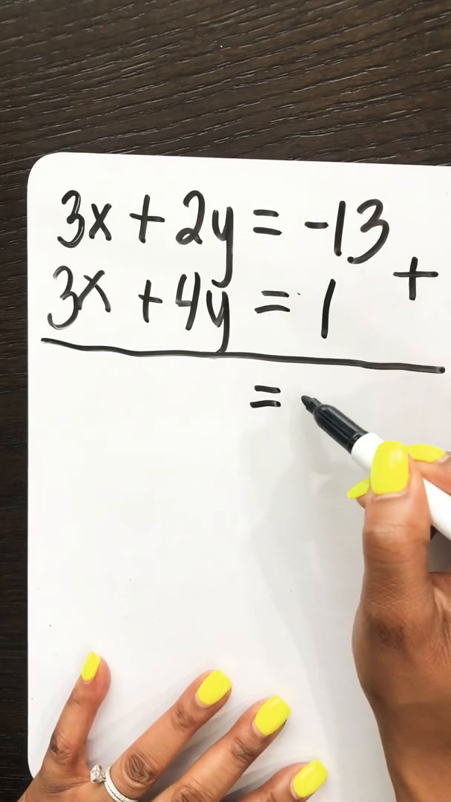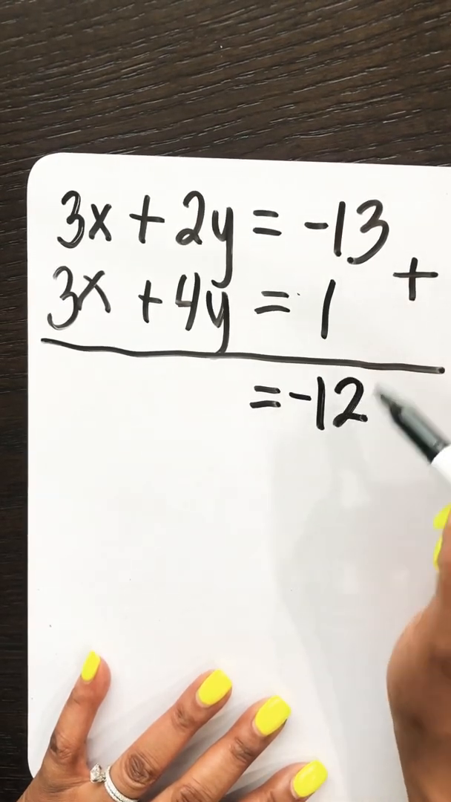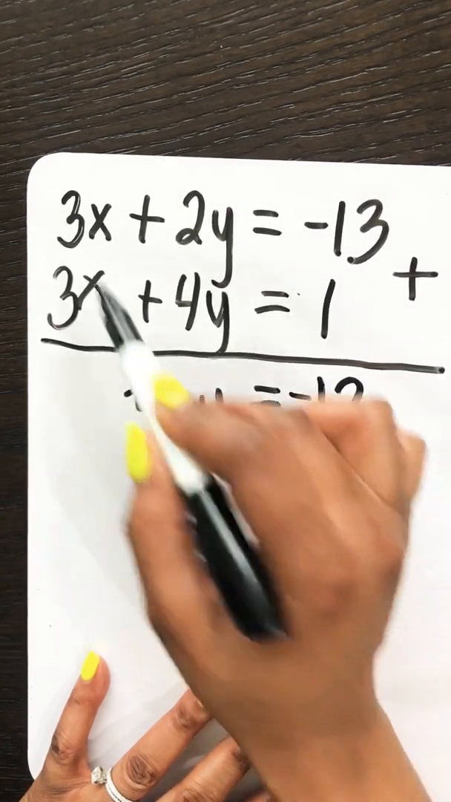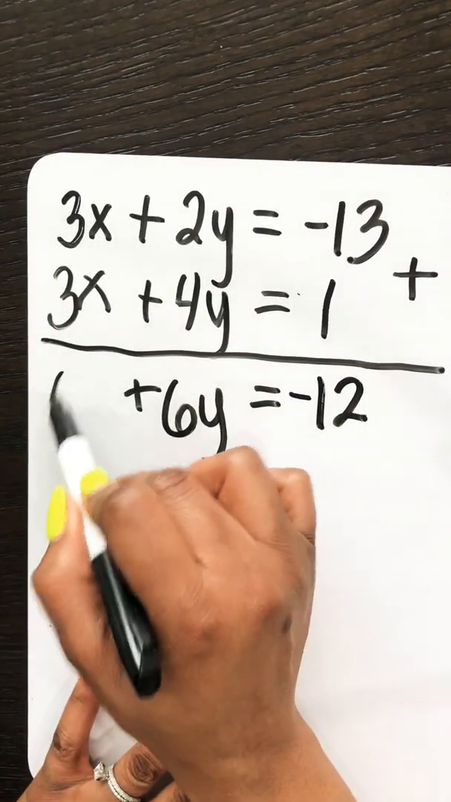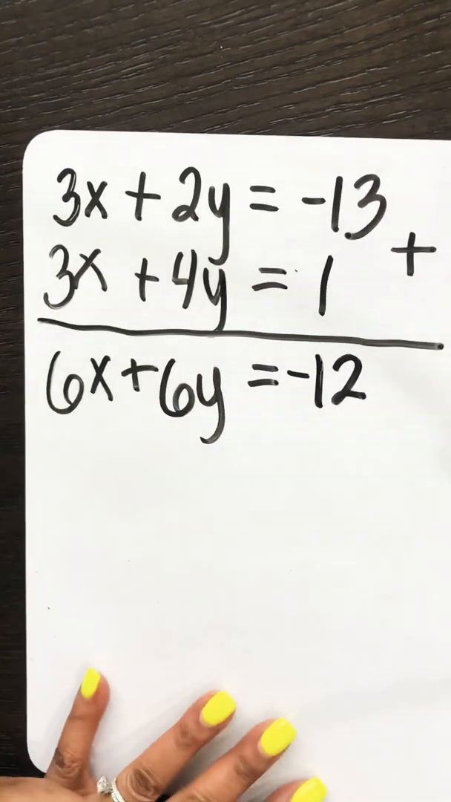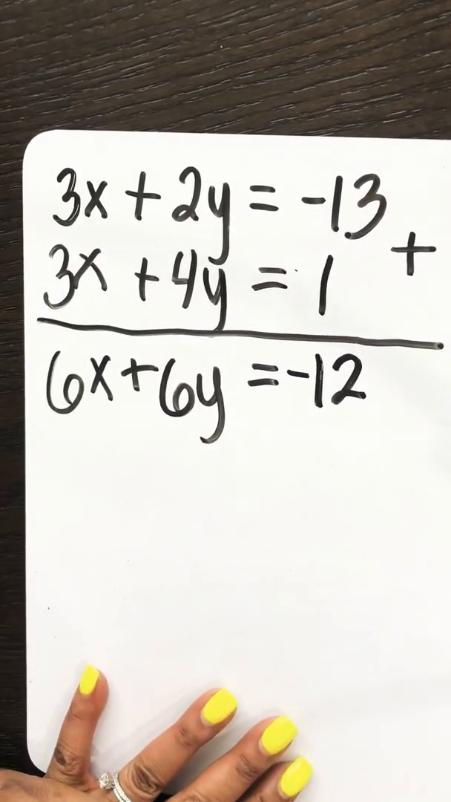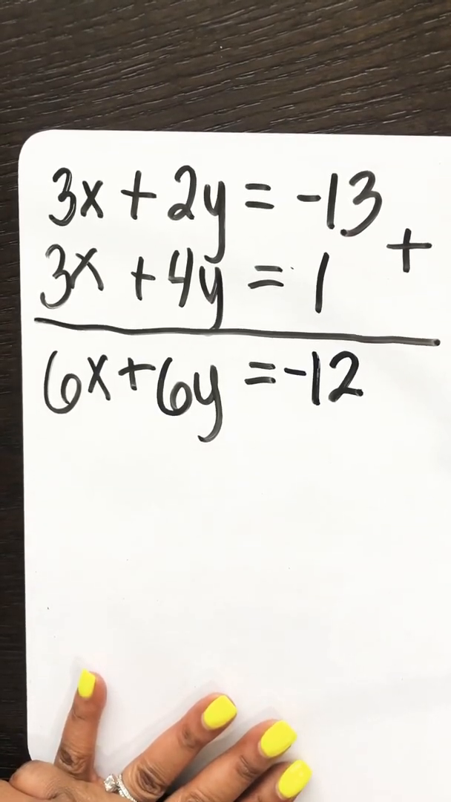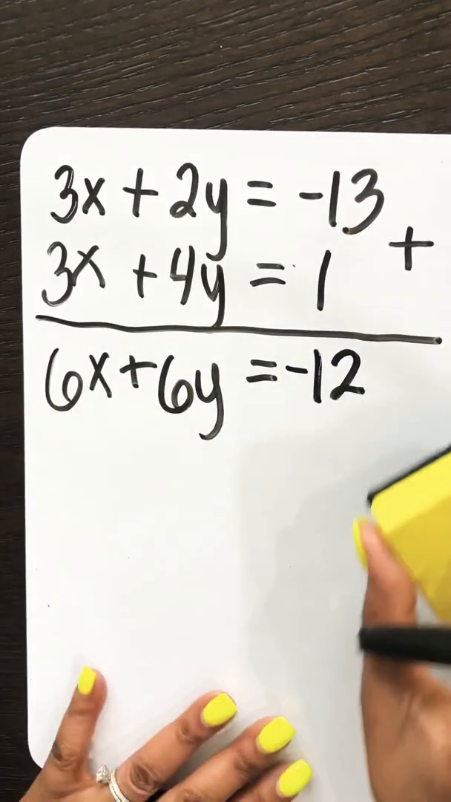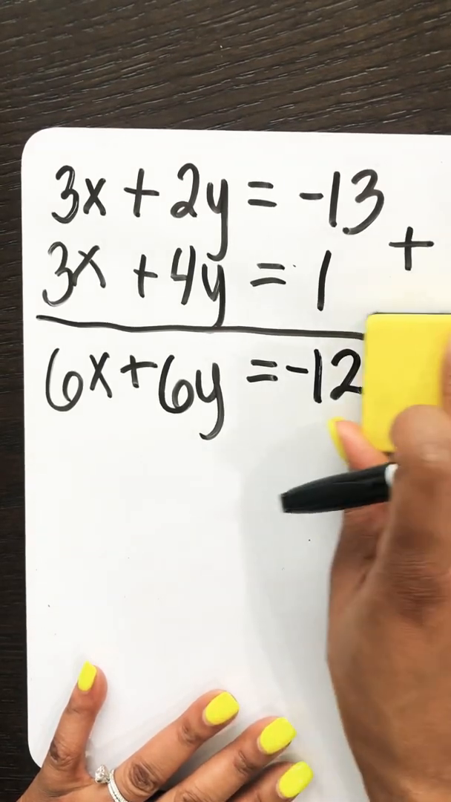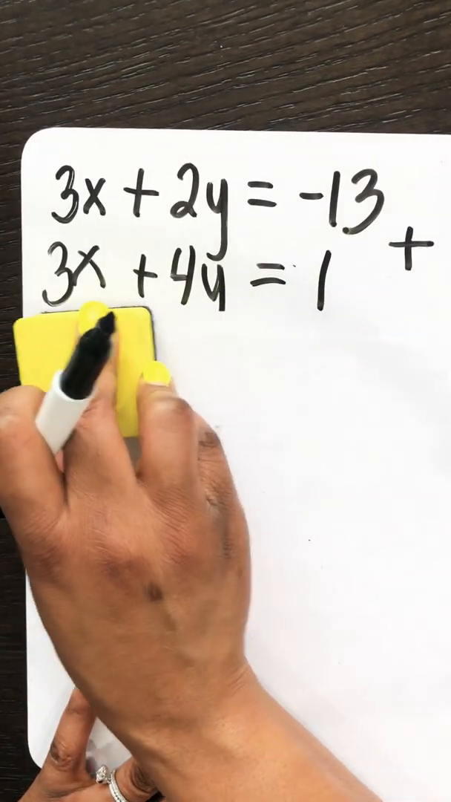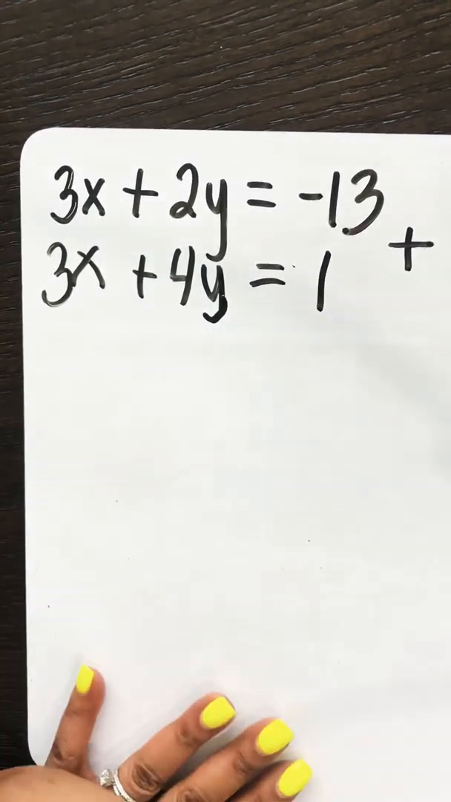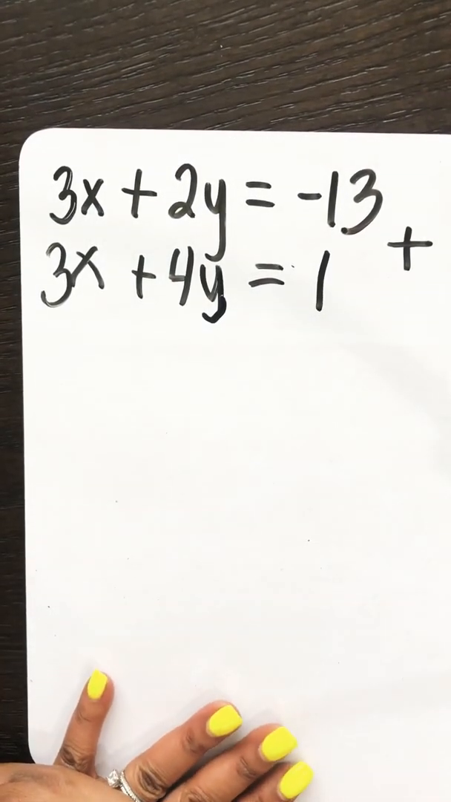Negative 13 plus 1 is negative 12. 2y plus 4y is 6y. 3x plus 3x is 6x. Okay, so we're in a little bit of a pickle here because we have not eliminated a variable, okay? So what that means is we need to go back and we need to go ahead and manipulate some numbers to put us in a position to eliminate a variable,